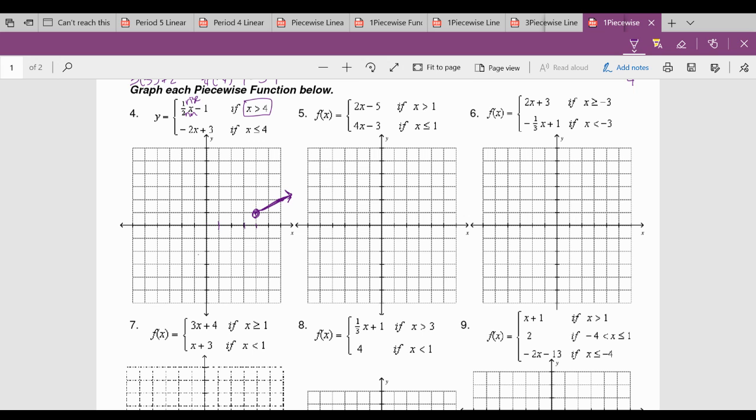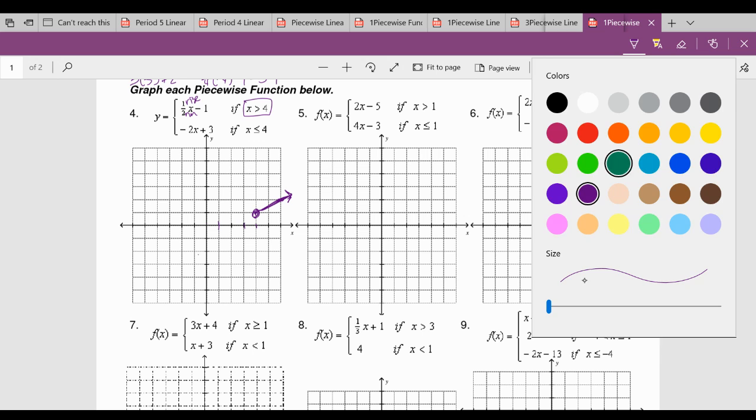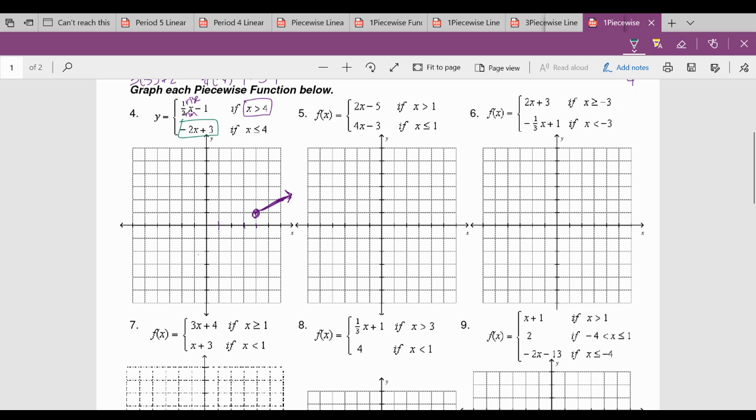Okay? Now the next part of my line is going to be -2x plus 3. The plus 3 tells me that my y-intercept is 3. The -2 tells me I have a slope of -2. So I'm going to go down 2, and then I'm going to go to the right 1 because I want this to be a descending line. Okay, and then I'll go ahead and continue that pattern. Okay, I'll go ahead and connect the dots so I can see my entire line,